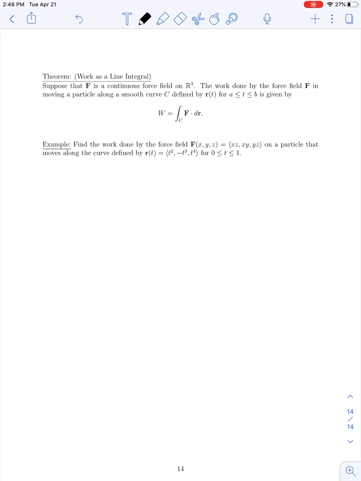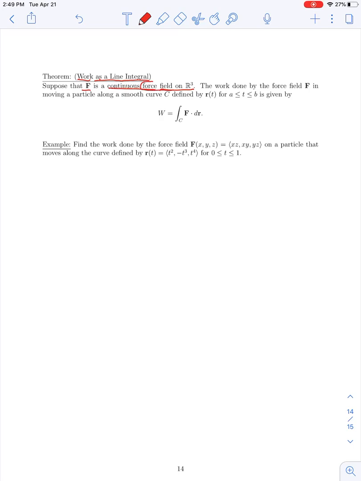All right. So in the last part of this section, we can summarize what we had described as the representation for this line integral of a vector field over a curve in terms of a physical application and finding work. So here we can think of defining work as a line integral in the following way. So let's suppose that we have some vector field F, which is a continuous field in space, and it represents a force acting on an object at a